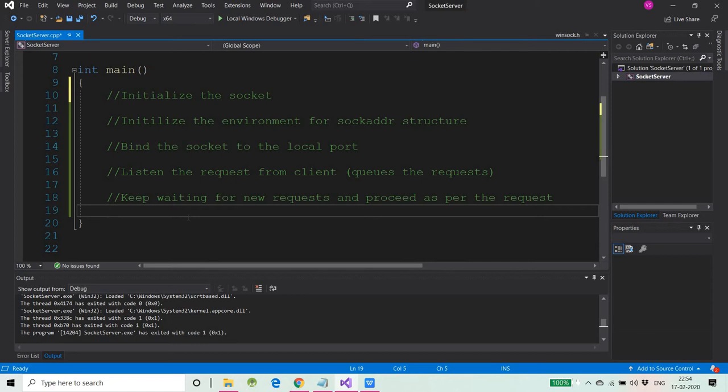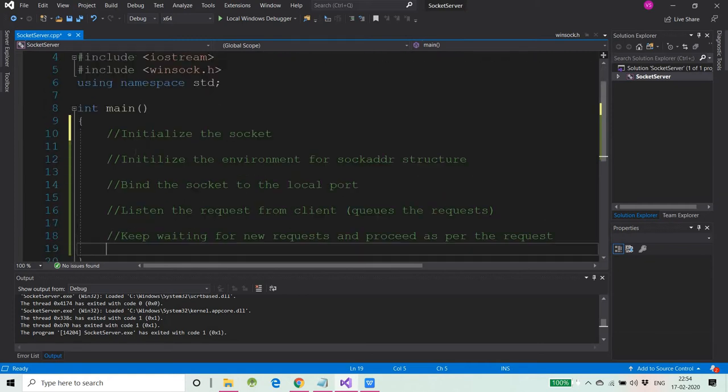So for that, you need to do a proper signal handling as well. Signal handling I will try to cover in this, so that both the things about socket and signal handling, how to gracefully exit your application, your server, how you can do that I will try to cover. Okay, so let's start with this one, how to initialize your socket. You need to call a function